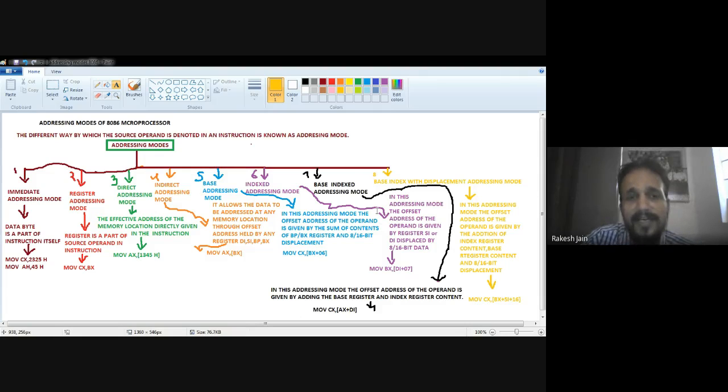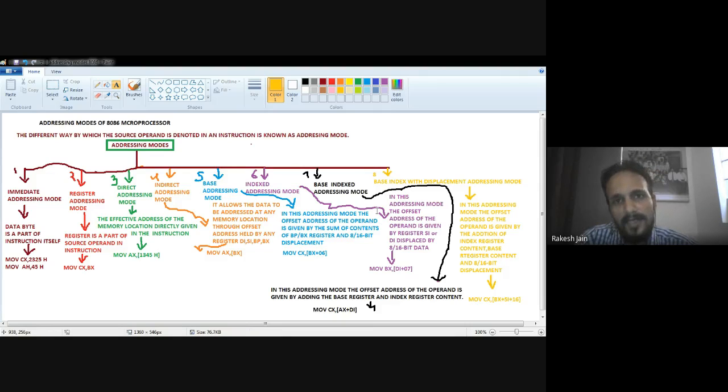Now, the addressing modes show how the source operand is denoted in the instruction. If the data is directly given, that is known as immediate addressing mode, like the first addressing mode. If the address is directly given, then this is known as direct addressing mode, like the third addressing mode in front of you.